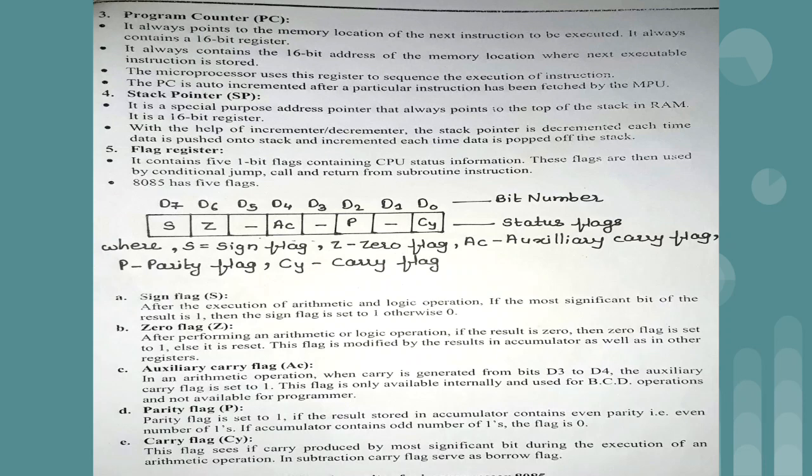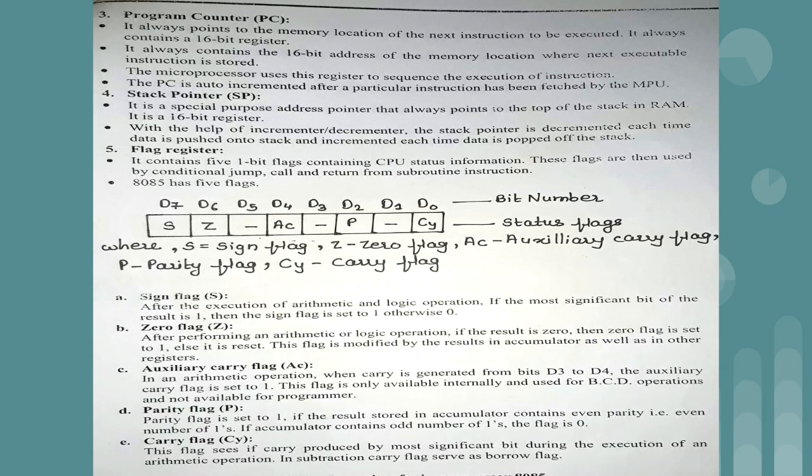So we have created total 8 boxes, and we put the numbering on the boxes as D0, D1, D2, D3. D stands for data, so data bit number 1, 0. From 0 to 7 we are having the numberings. Basically we are having total 5 flags which are present in the 8085 microprocessor. The first flag, just start from D7, is S. S stands for sign flag.